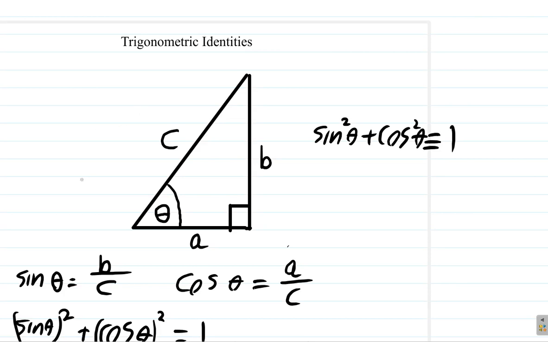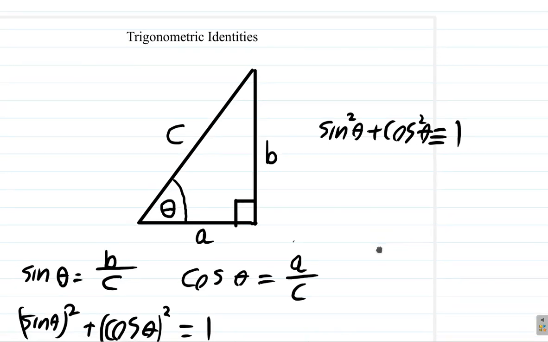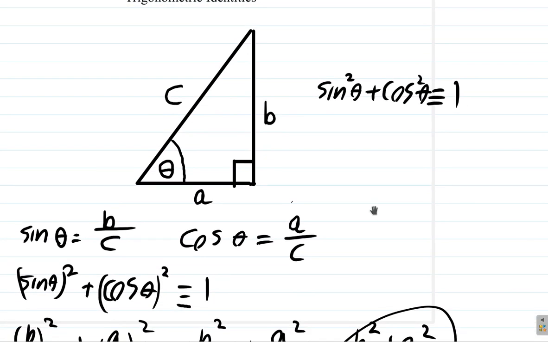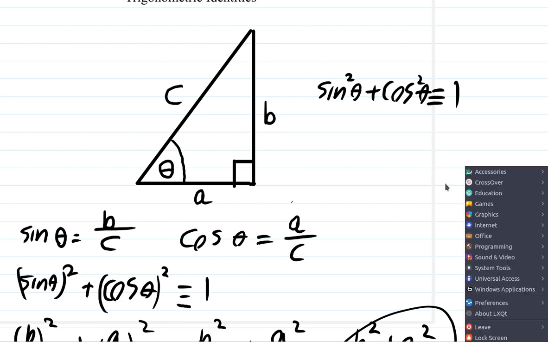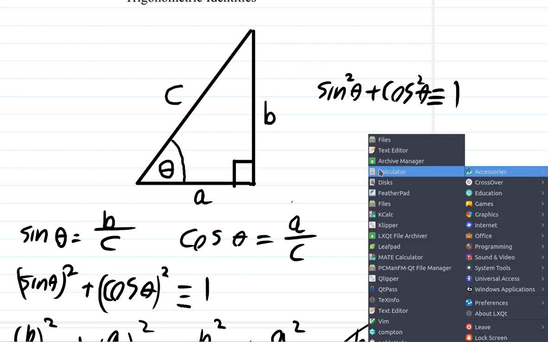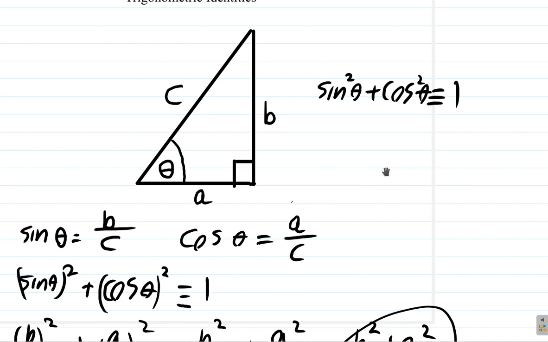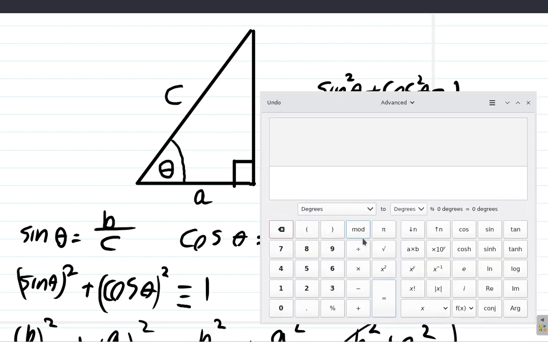This is where we left off in our last video. We show that this identity works. Let's do a little test on it now. Let's draw our calculator, and we're going to try out some values